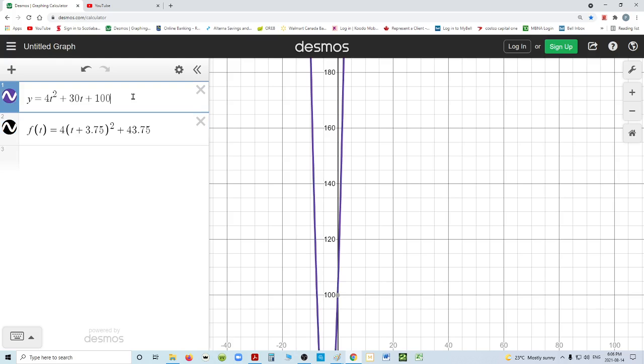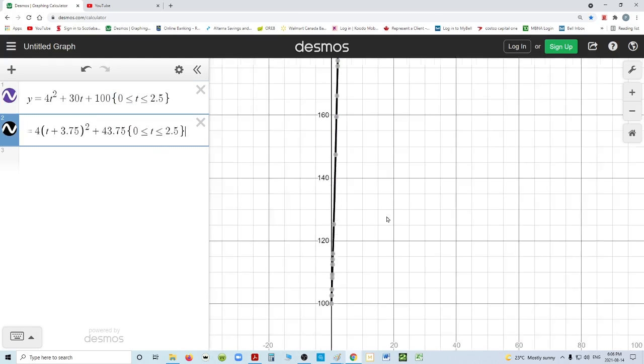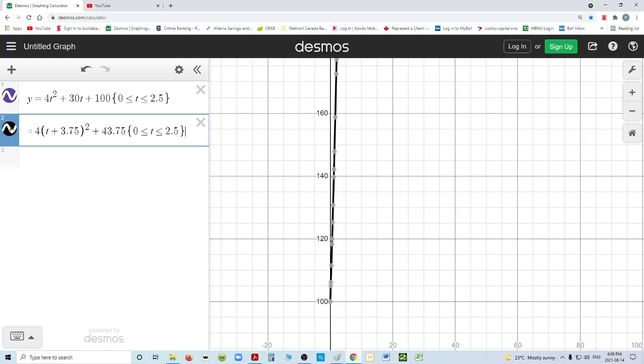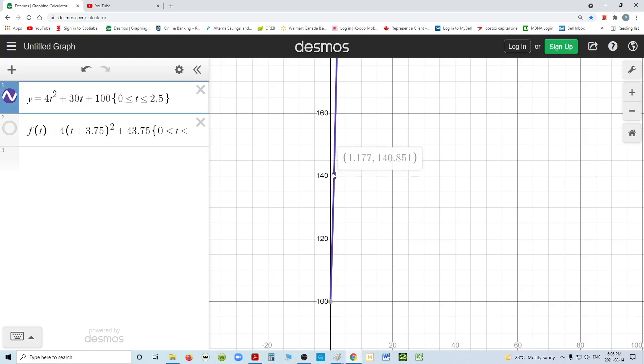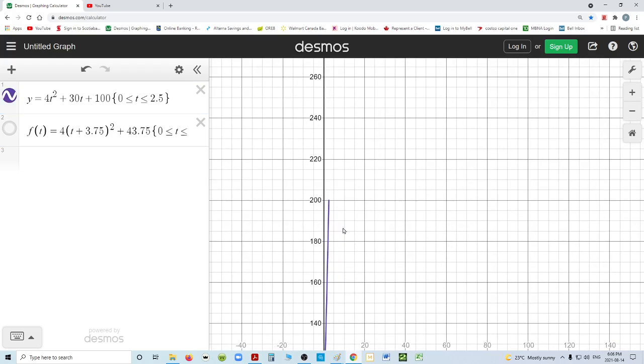And we're only caring about when t is bigger or equal. Actually, we're caring about 0 smaller or equal to t, smaller or equal to 2.5. And we're taking that same restriction for this one. Now you might think this is cheating, but it's not. It's helping you understand what's going on. And I just completed the square wrong. Now,